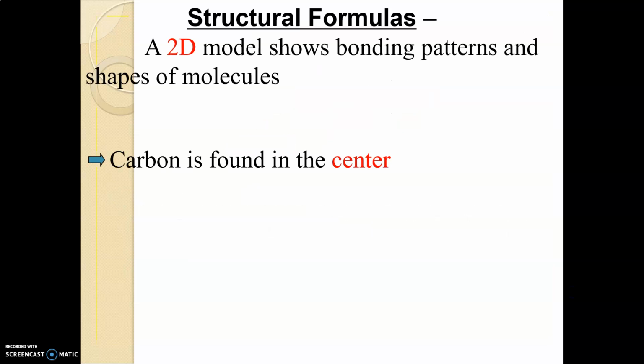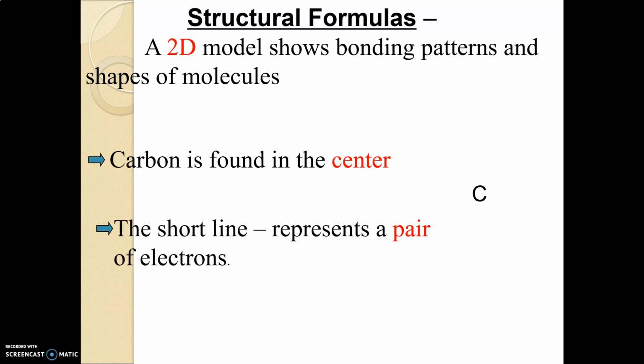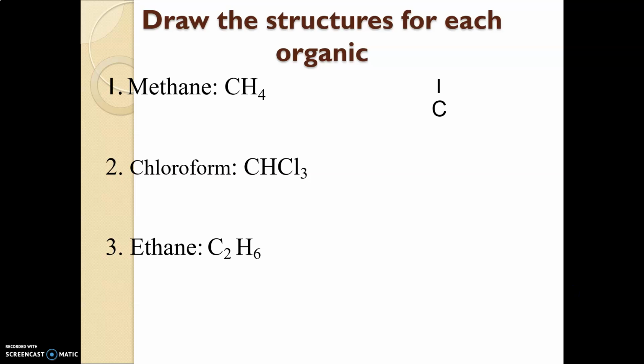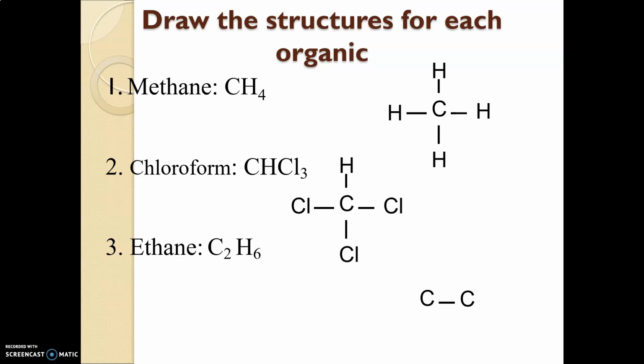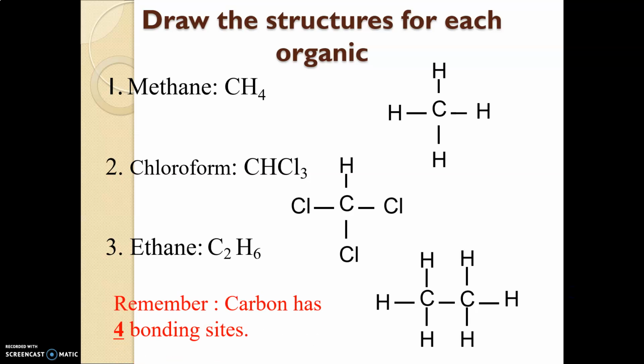Structural formulas. A 2D model shows bonding patterns and shapes of molecules. Carbon is found in the center. The short line represents a pair of electrons. Draw the structures for each organic compound: methane CH4, chloroform CHCl3 and ethane C2H6. As we see these structures, remember